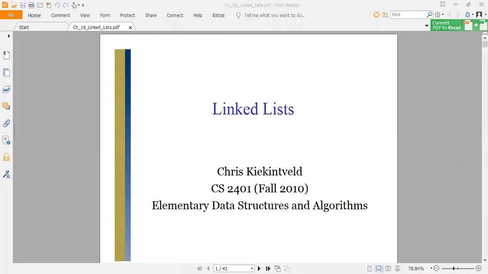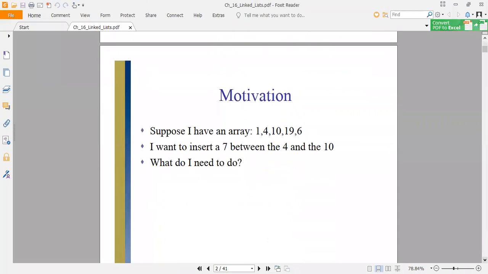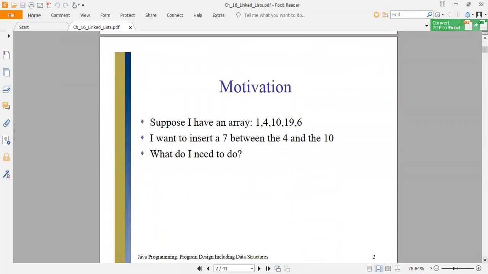And today's topic of discussion is again the linked list. We are continuing with that. So in previous sessions, we had a discussion about what actually a linked list is and what is the difference between linked list and array. And we have discussed a few operations of traversing and searching over a linked list.